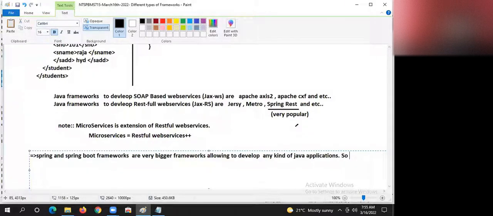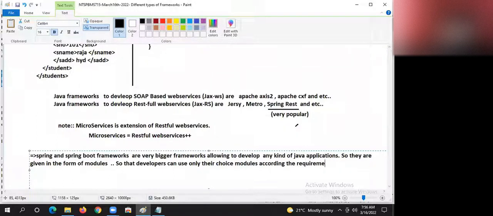So they are given in the form of modules, so that developers can use only their choice of modules according to the requirement.